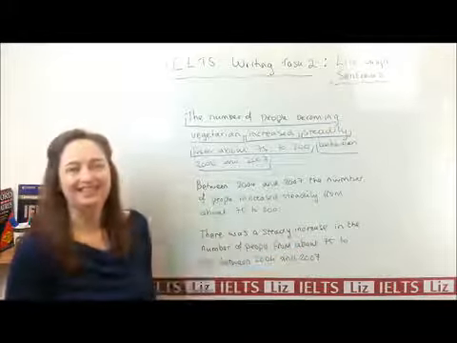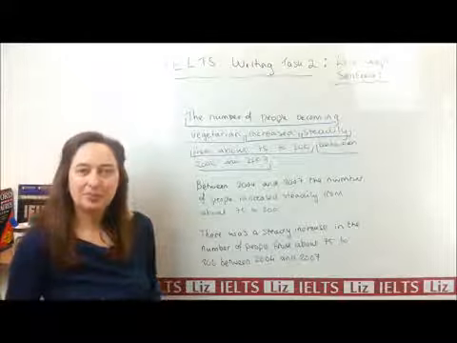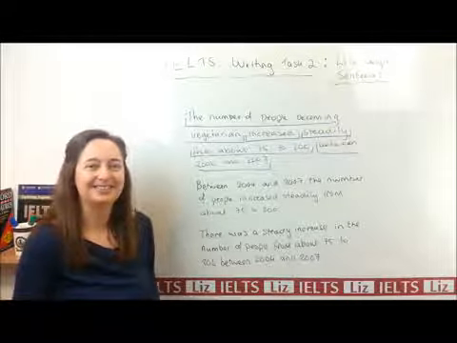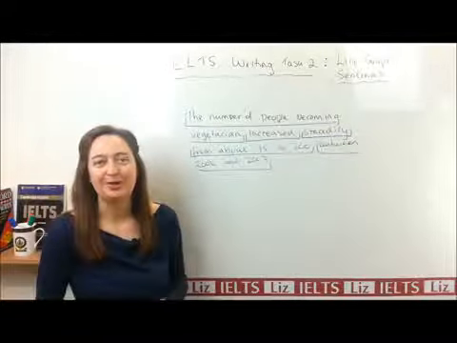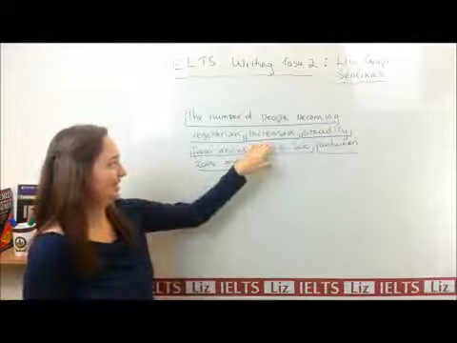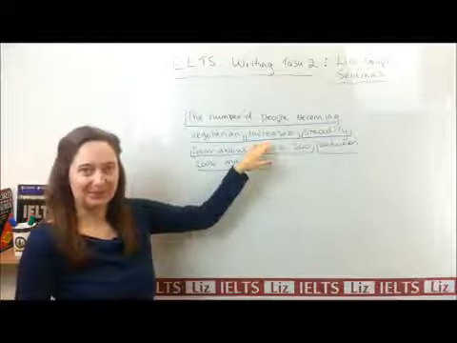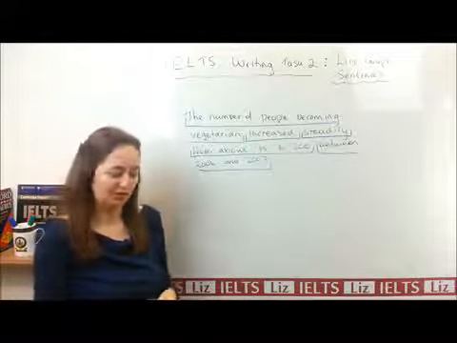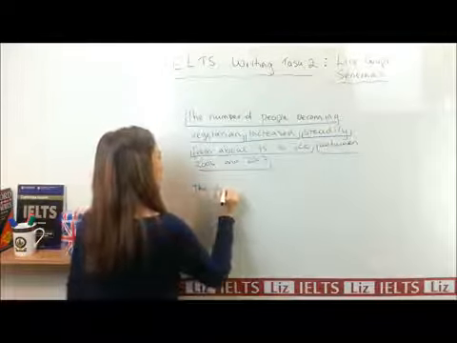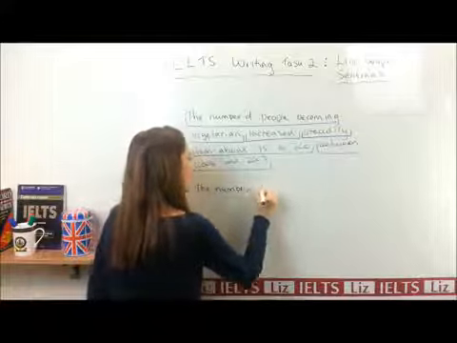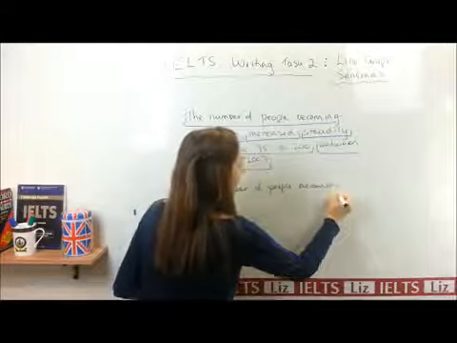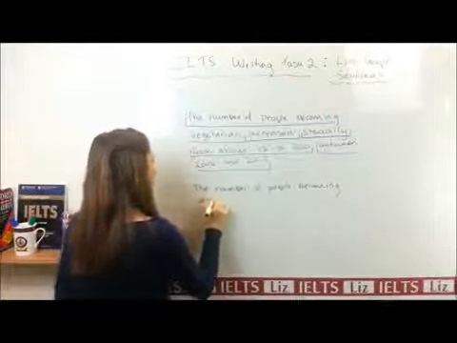So that is another way to structure your sentence and still give all the information we need with the numbers and the dates. Now there's one more way that I'd like to show you, so let's have a look. So the last way I'm going to show you in this lesson is again to use this as a noun, but we change the sentence structure again. So the number of people becoming vegetarian